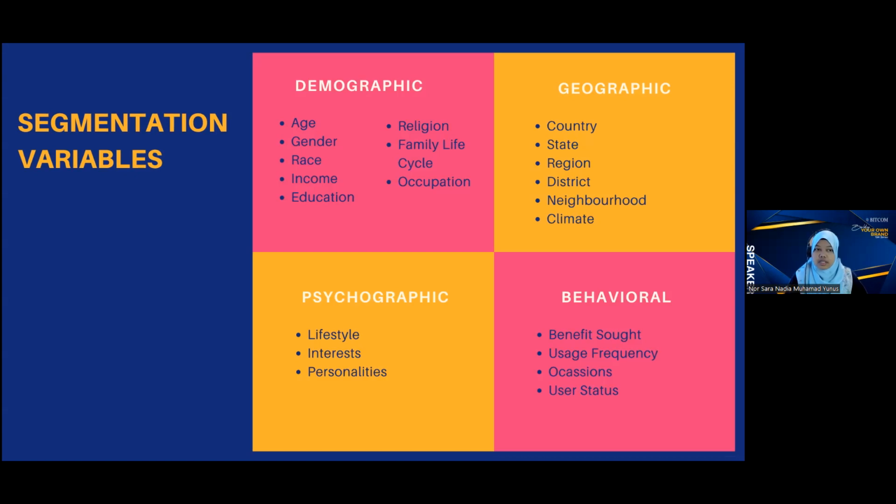Obviously, using these variables of demographic helps. All right. Second variables that we can use is through geographic. Geographic segmentation, basically, if demographic is a strategy where we utilize human personal characteristic, geographic pula, we utilize location strategy. Okay, location strategy. So among location strategy that is commonly used by companies or marketers, kita boleh pakai country.